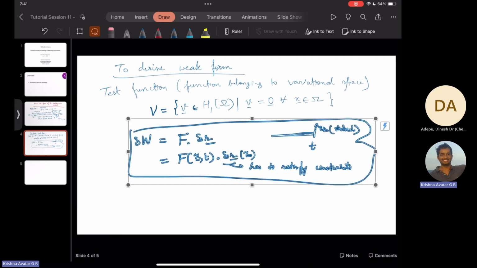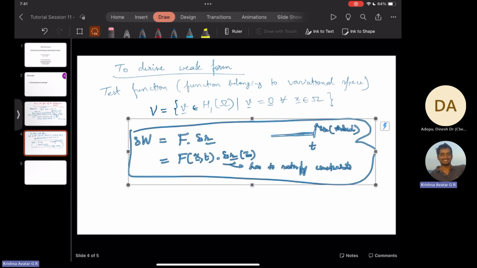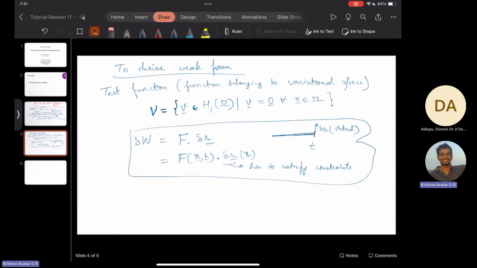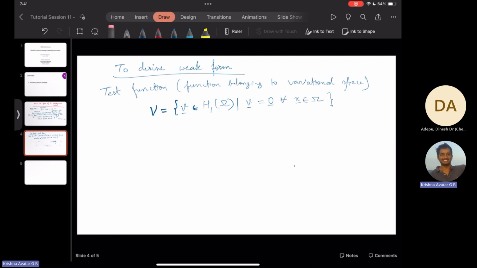So test function, although the word sounds very complicated, it's essentially just virtual displacement. So there is where, yeah. It's like trying to combine ideas from classical mechanics and from functional analysis. So that's the goal here. So once we have defined our test function,